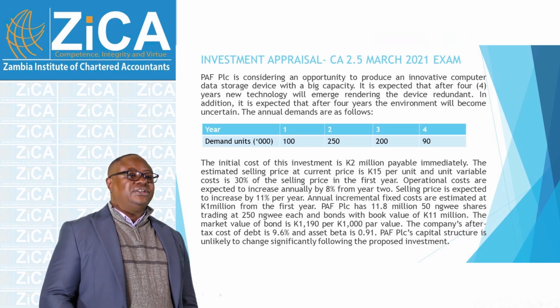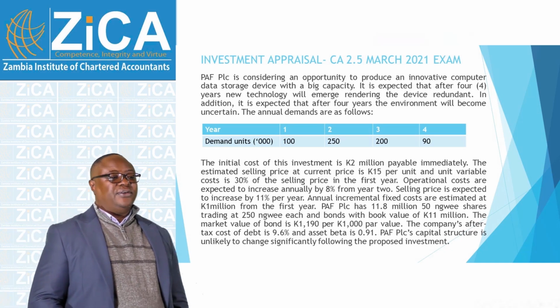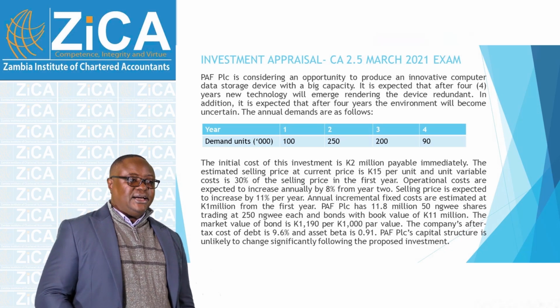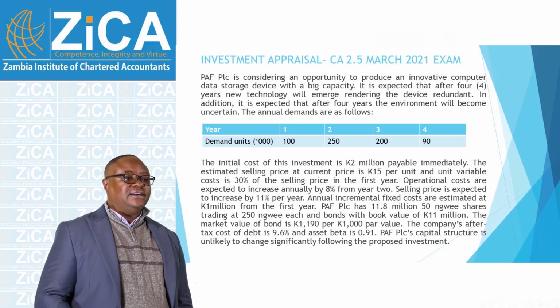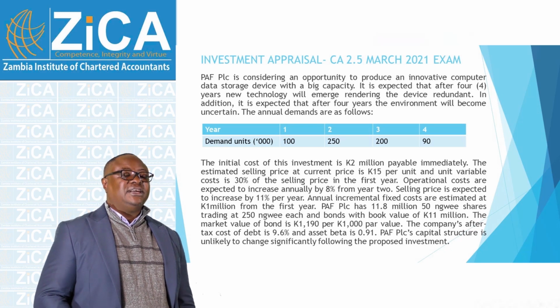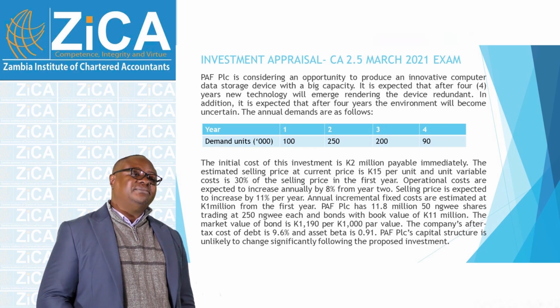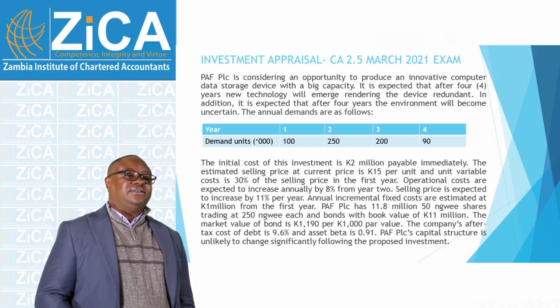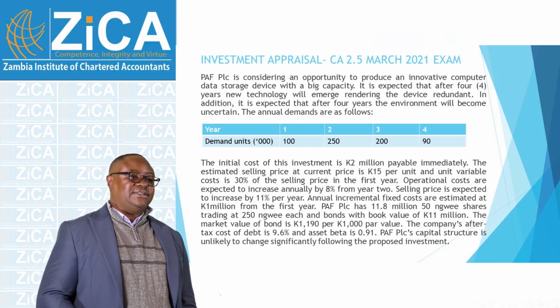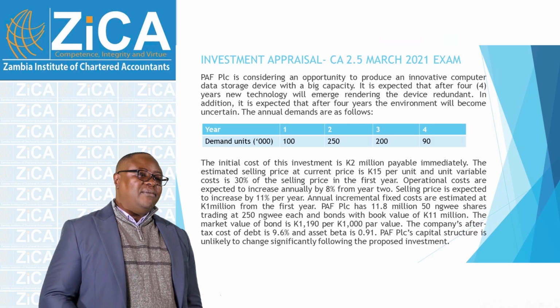So all you needed to do as a student was to find the current weighted cost of capital, which was the first aspect. So all you needed to do was regear that asset beta, so that you come up with the equity beta of 1.2, and you find your cost of capital because there was debt in that capital structure. So this is how you needed to go about it.